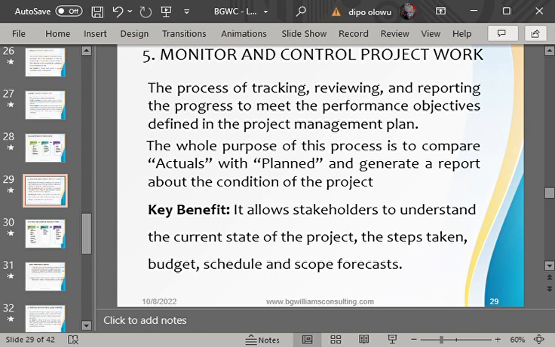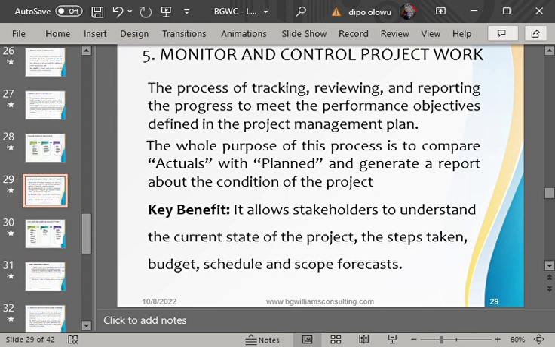So monitoring and control project work is when the project manager sits down and keeps tracking or reviewing what has been done and what will be done in line with the project management plan.